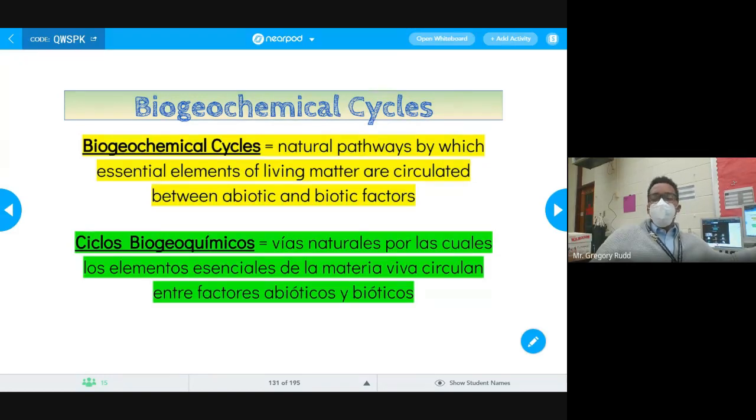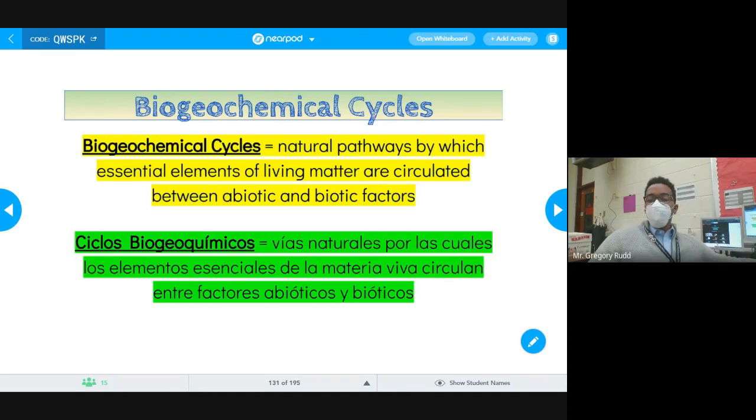What does it mean to be circulated? What does that mean in this context? What does that word mean, circulated? A circle word? What do you mean by that? You could be on the right track. I'm not sure exactly what you mean. Good. That's a good way of putting it. Yes, the circle of life. That's probably a phrase you all have been hearing since you were little kids. But what we're going to find out today is that it's so true.